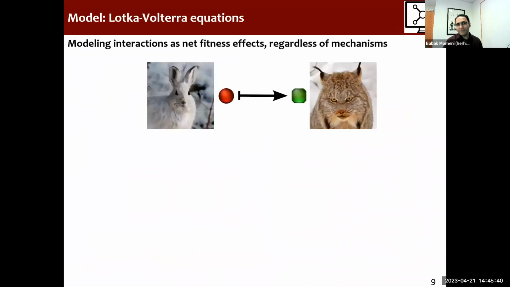In terms of modeling these communities, the most common and popular way of doing modeling is the Lotka-Volterra types of equations. They have a really long history in ecology. And the main selling point for Lotka-Volterra equations is their simplicity, that they look into the,